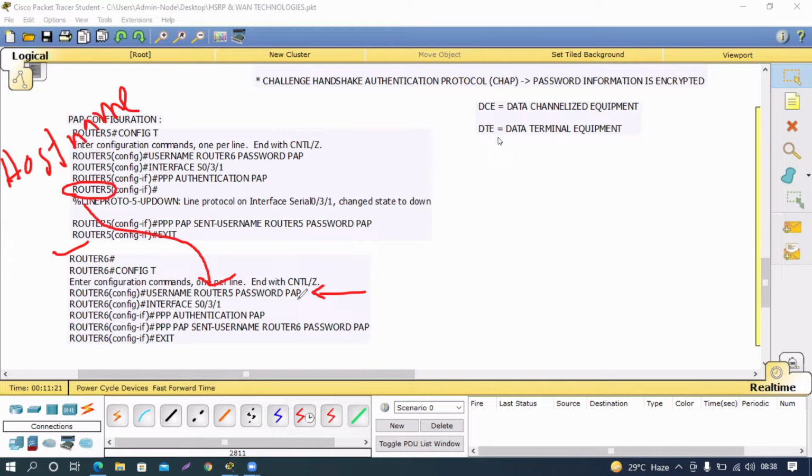And the password is path. Okay. And after that, we are going to the serial 0/3/1 and PPP authentication pap. And we are sending our username and password. So router 6 username, that is the hostname of router 6, password and stuff. If you see both these configurations, you will find that exactly from here, we are basically